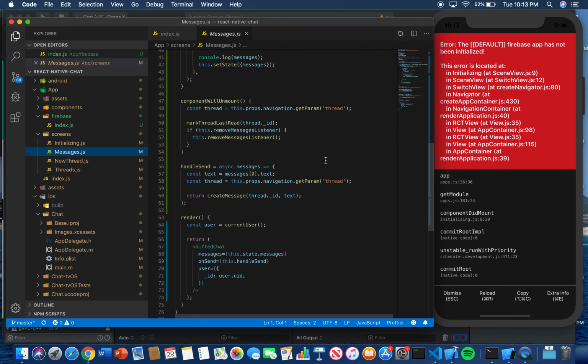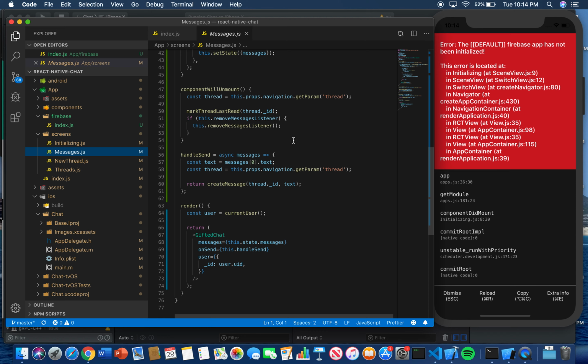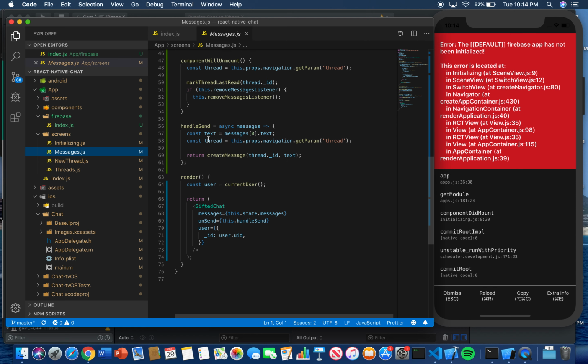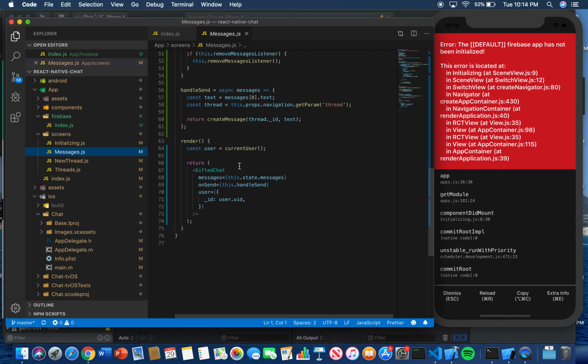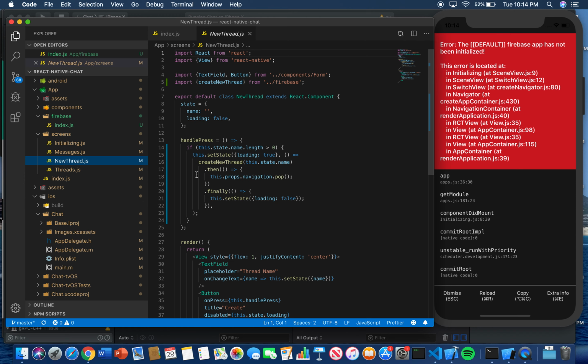And going further for that, for marking the last read thread, what it does is it just checks for the most recent, or the last, specifically the last read message, and it'll set, this is for the constants for the text and thread, and it just makes it return based off of the sender or the user. Going into the new thread file,